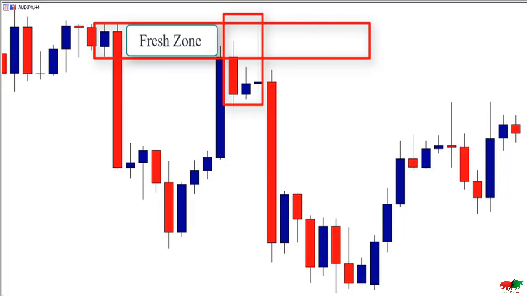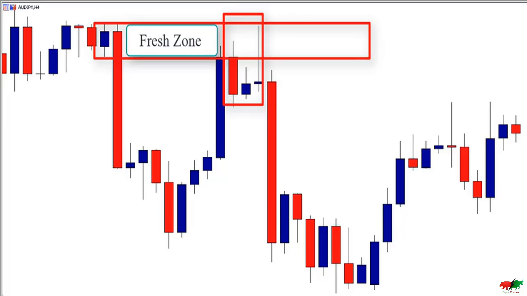This pattern shows that buyers are trapped by sellers because this inside bar means indecision in the market. In other words, buyers and sellers are still in an indecision phase. The breakout of the inside bar means that the market is no more in an indecision phase and it is likely to go up. So buyers will enter after the breakout thinking that this supply zone doesn't work. But what happened is prices will return and close inside the pattern, forming a false breakout. This false breakout indicates that buyers are trapped by sellers, and this pattern can be used as a confirmation signal